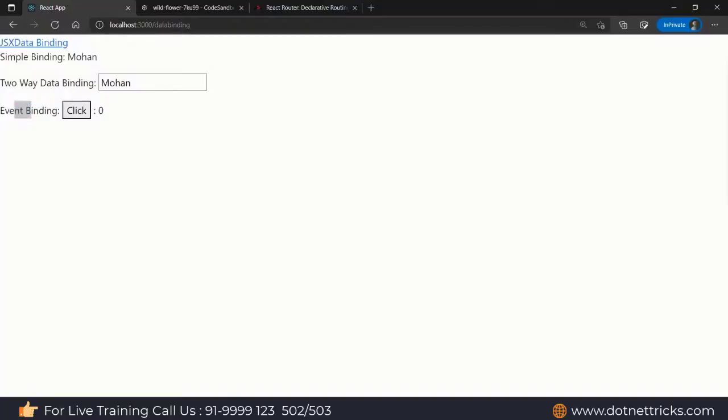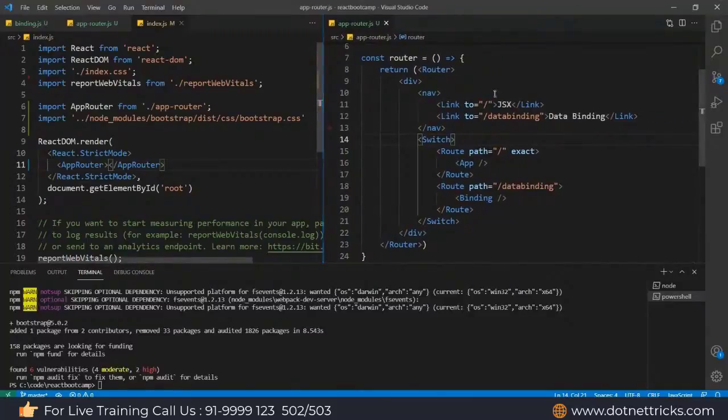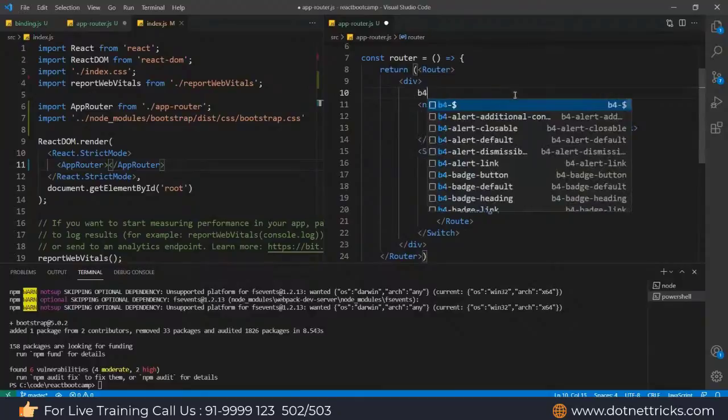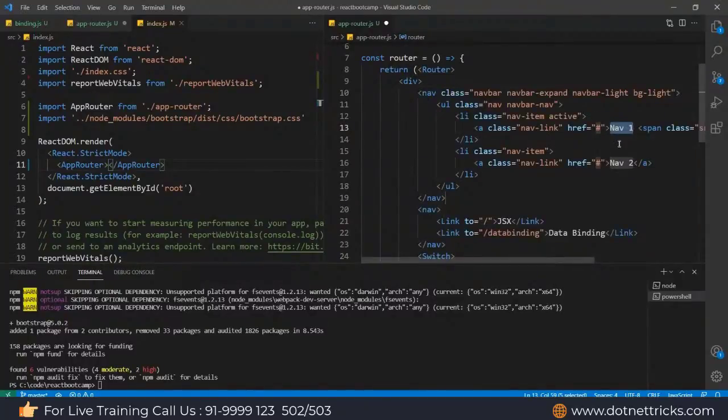So a few things have been done here now. Now let's make changes. Here I can use the bootstrap snippets to generate this menu link. So this menu link I can change using the bootstrap navbar. We have the bootstrap navbar which I can use to generate my code. So this is my bootstrap navbar.